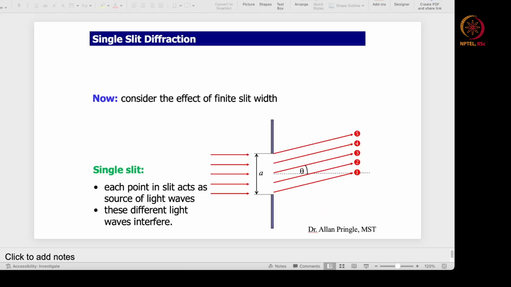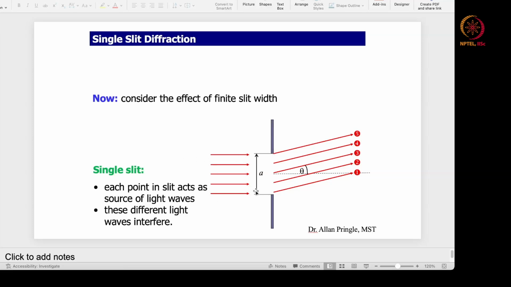All right. So in this particular lecture, we look at a phenomenon which is called diffraction. In order to cover this phenomenon, let us look at something that you are very familiar with. Let's consider a slit which has got a finite width, which is A. So A is the width of the slit, and there is a bunch of collimated rays which are coming